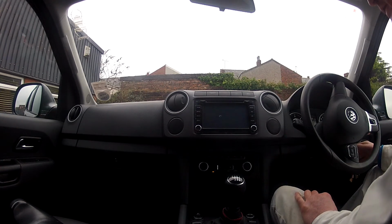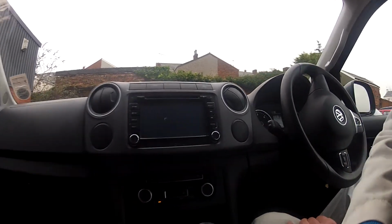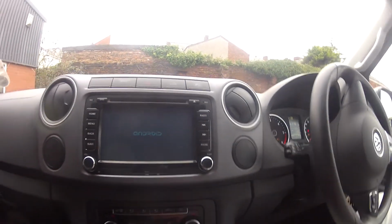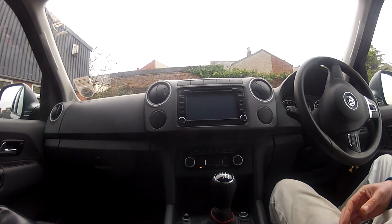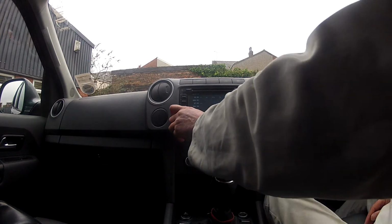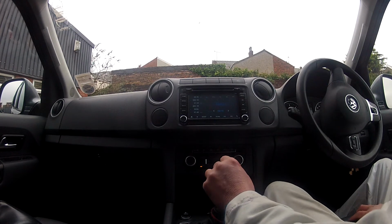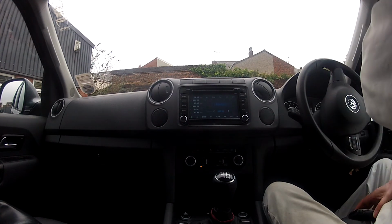I don't know whether they can pick that noise up. That is, it's got a little fan in the back. You can notice it when you're sat here not going anywhere, but once you're moving in traffic you don't really notice anything. So it's just defaulted to the last station, or the last operation that it was on, which was